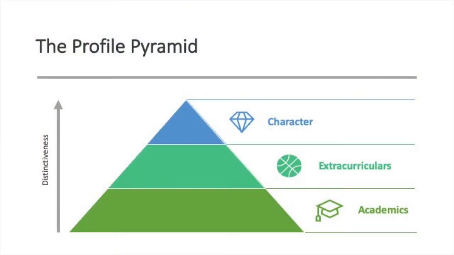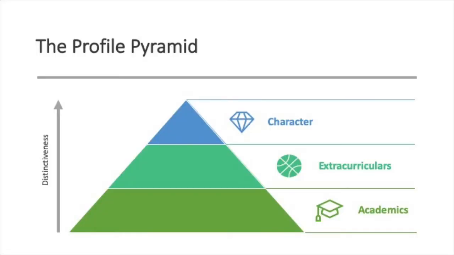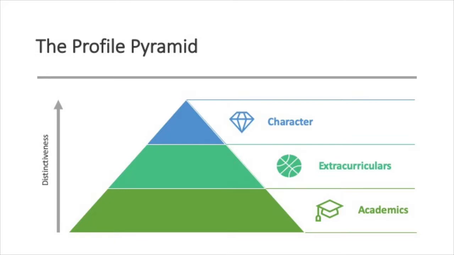This is the profile pyramid. The profile as in you, the applicant profile. And on the left, we have an axis of distinctiveness. As you go higher up the axis, the more distinctive you are, the more you stand out in your application. So we start with academics. Academics is the base level. Everyone here probably is a great student, has great SAT scores. And that's kind of like the checkbox that you need, right? And it's low distinctiveness because a lot of people can do well in school and a lot of people can get good test scores. So it's kind of low on distinctiveness and kind of low on your control as well,